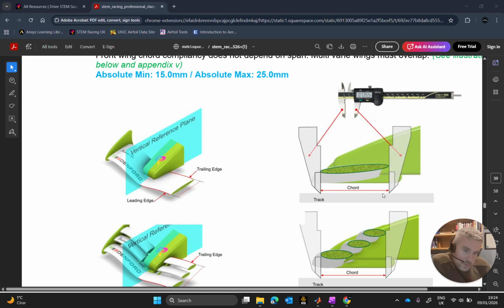This is being measured normal or perpendicular to the track surface, and I can just notice that this airfoil is slightly pitched. There's an angle of attack on it. So the mean chord line on this here, the chord line itself, is not parallel with the track, yet the vernier caliper here is measuring it as if it was